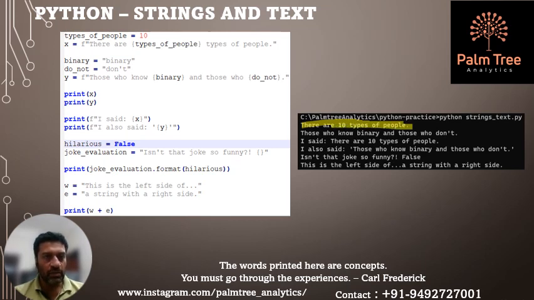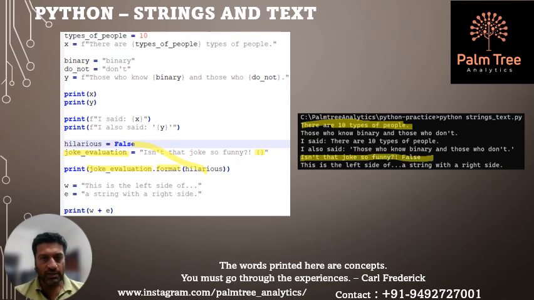There is another type of formatting, where we can use dot format. So joke evaluation dot format. Where is the joke evaluation? The string is defined here: "Isn't that joke so funny!" and then the curly braces start. These curly braces are applied to this format, and this format takes hilarious, which is already defined as False. This False is being placed here. So when you print joke evaluation dot format, what it prints here is